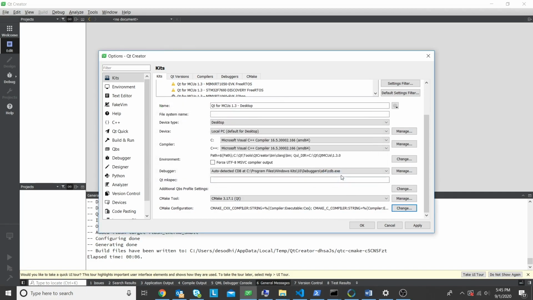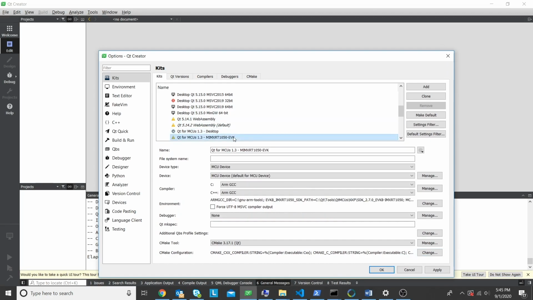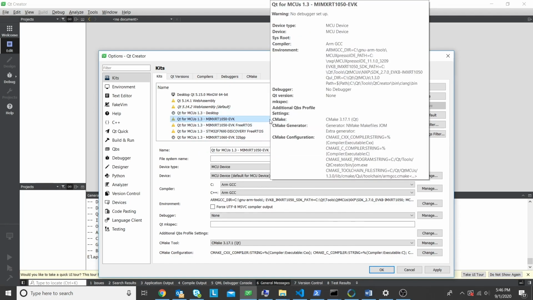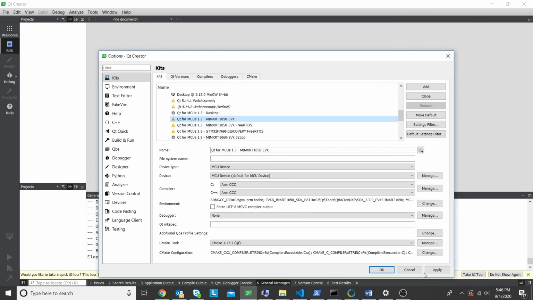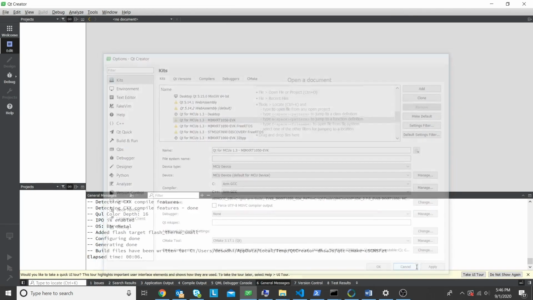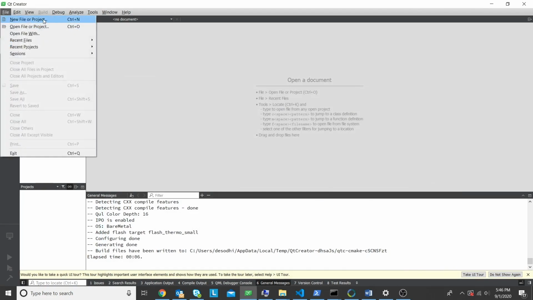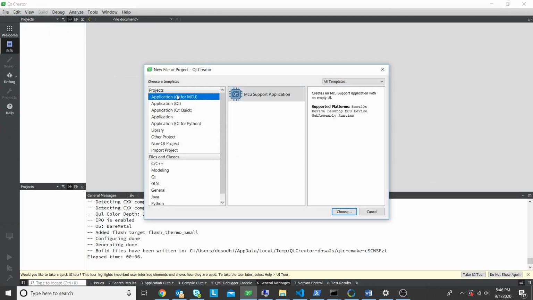Okay, so with all of this set, the next piece, of course, is to try to run one of these projects for yourself, right? And in fact, I have a 1050 board handy that I'm not going to be able to show you, but you can kind of take my word for it that I tested everything both on desktop and then on my 1050 board and made sure that the exact same program was showing up on the screen. Okay, so what's the simplest thing I can do here? I can create a new project,